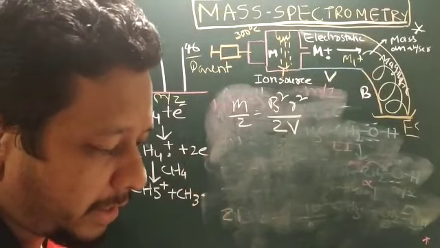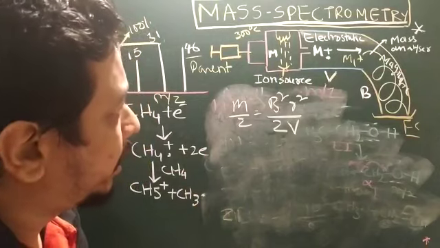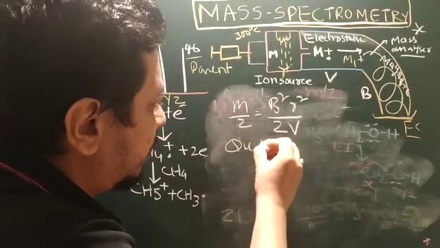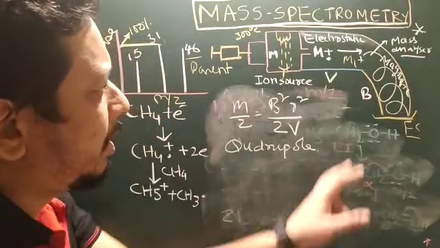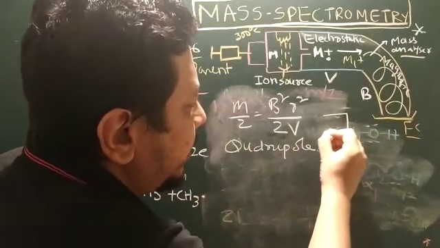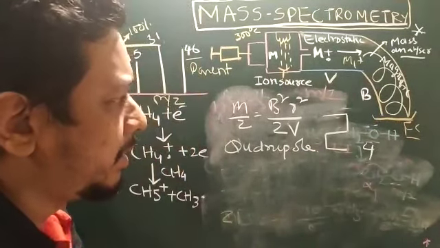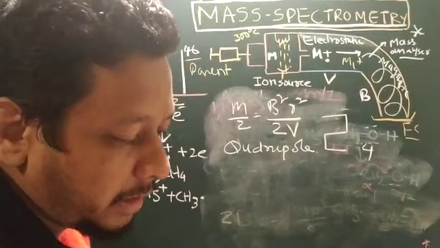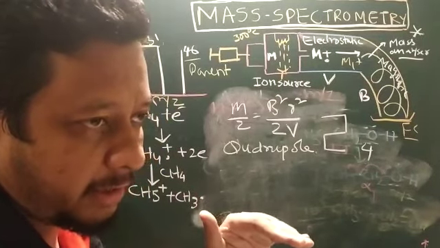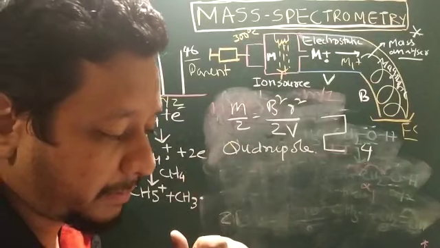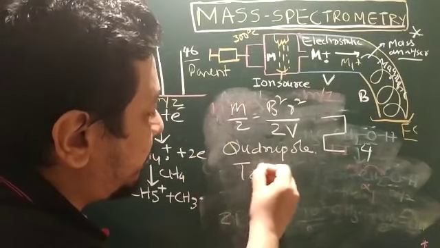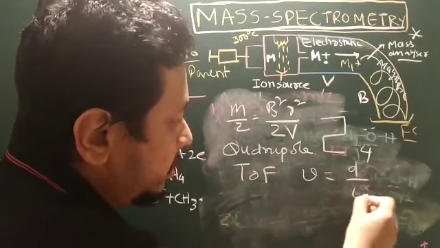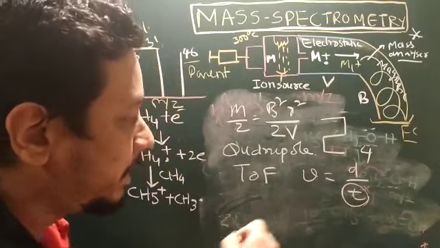In a similar way, we have different types of mass analyzer. One is the quadrupole mass analyzer, where we place electrostatic fields at 90 degrees to each other. There are 4 electrostatic fields, so that the ions get a sufficient amount of time before reaching the detector. Then we have another mass analyzer known as time of flight, where instead of velocity they detect the time, that is distance upon time. So this time of flight is